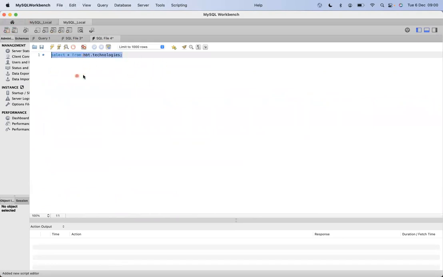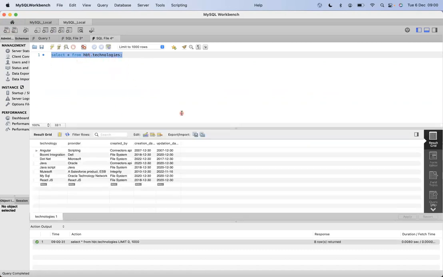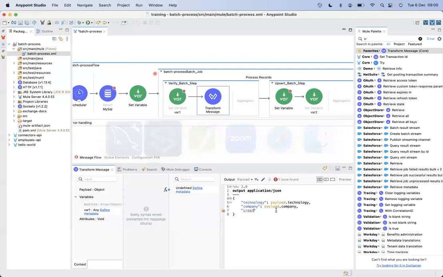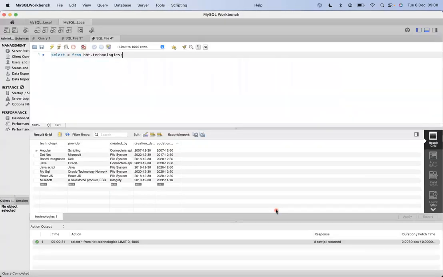So I'm connected to MySQL workbench to query the table so that we will map the details correctly. Here we have the technology provider, created by, creation date and updation date. So I am going to use the technology provider and created by